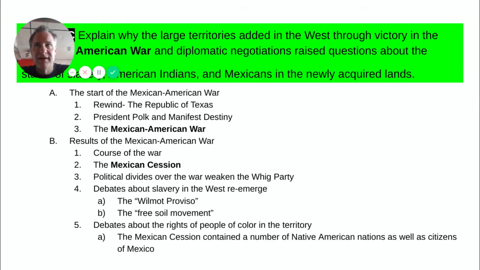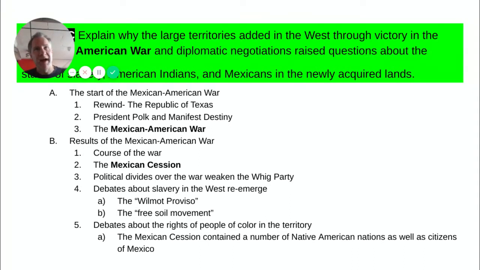Wilmot was not necessarily an opponent of slavery, but he was an advocate for what's called the Free Soil Movement, which meant that Western territory should be reserved for free labor, for working class white people. And the Free Soil Movement opposed the expansion of slavery into that territory, fearing that slave labor would drive down the wages of white workers who would eventually move out there.